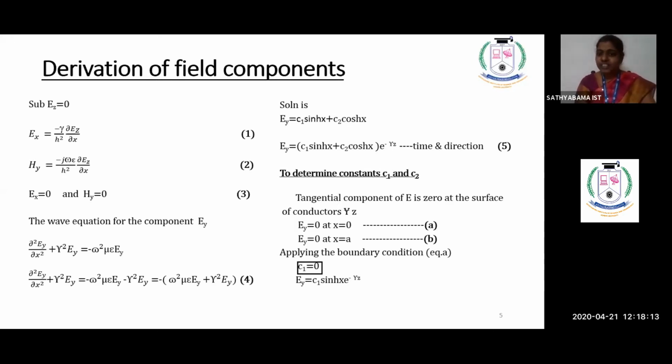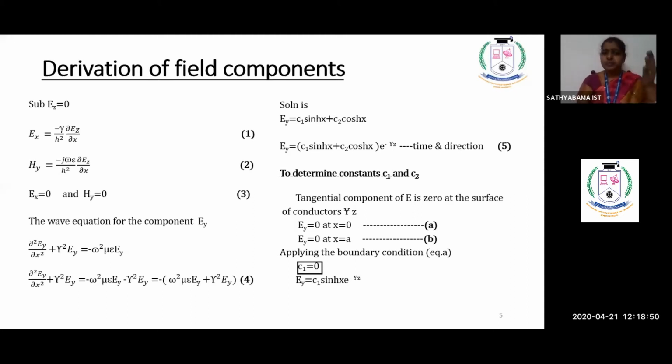But here, for your parallel plane wave, wherever dou by dou y comes, you make it equal to 0. Blindly you can make it 0 because it is a constant. Wherever dou by dou z comes, you can differentiate. But wherever dou by dou x comes, you have to keep it as such. Like that, when you are doing your wave equation, if you see below equation number 3, the wave equation will be written like that. Then I minimize it and get equation number 4, the minimized version of your wave equation.